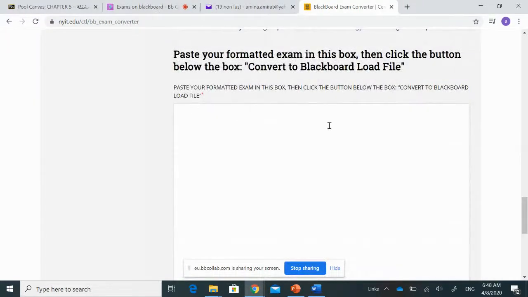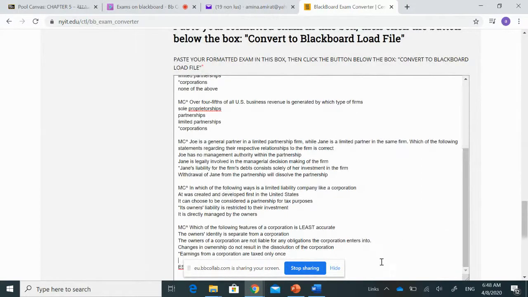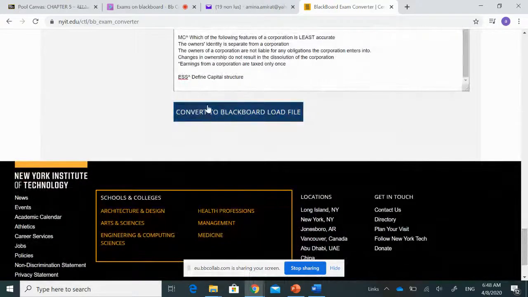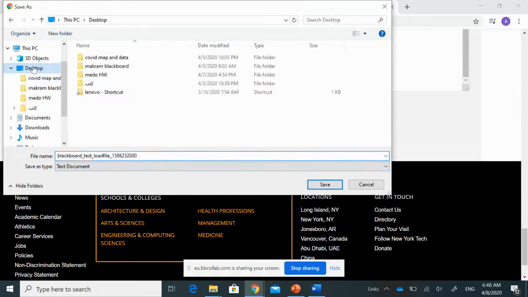At the end, you have this box here, this space. You will paste the questions here, Control V. Okay, and my questions are here. This is all the questions, and then I will convert to Blackboard load file. And this is my file. I will put it on the desktop. For example, I can name it,